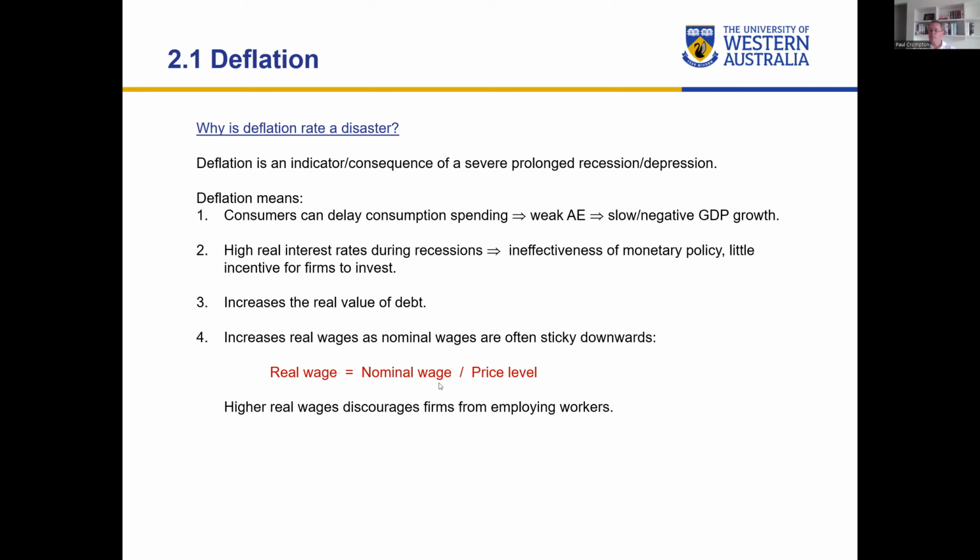Now, the nominal wage is your money wage. Let's just say that your nominal wage is $100,000 a year. I'll pick a nice round number, $100,000 a year. And then what happens is the business that you're working for, because deflation's hit the economy, needs to reduce the prices of the goods or services that it sells to its customers. And so the price level is falling, maybe 2 or 3% each year. Extreme example, just to get the point across. When I say an extreme example, I mean the assumption that prices are falling 2 to 3% each year. That's pretty extreme. But we'll work with that assumption because I think it's quite useful,